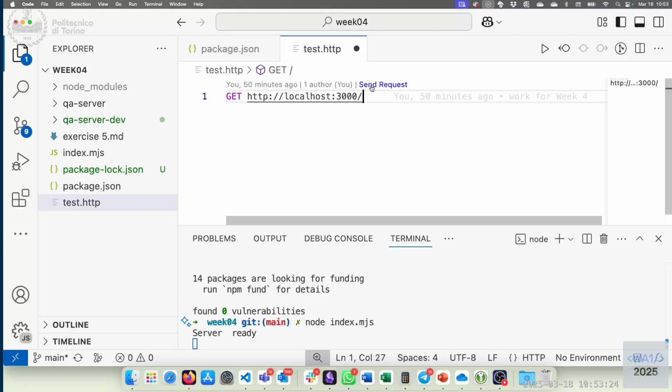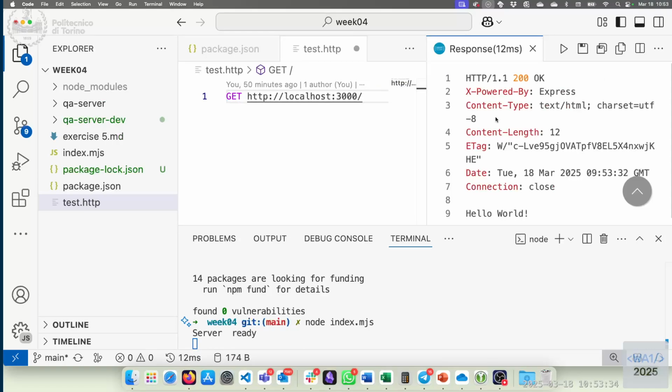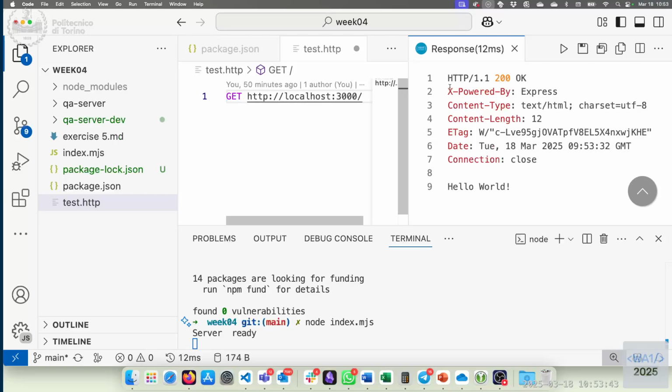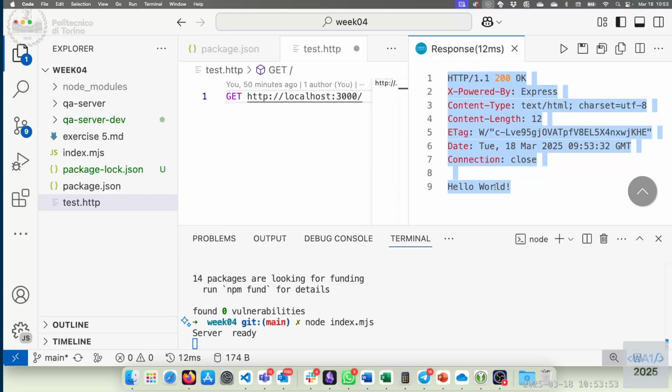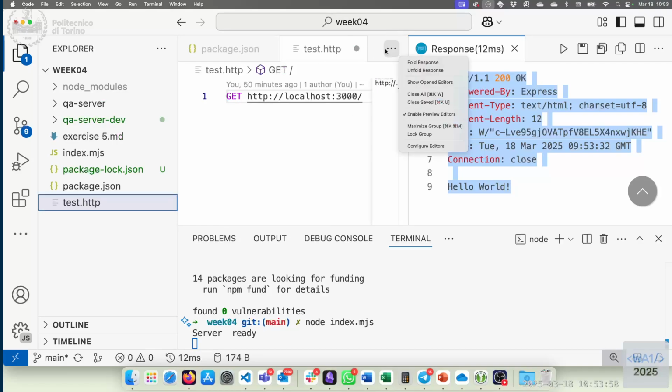So if I click on this send request, the extension will send an HTTP request to this address, and will show me on the side the response that I got from the server. In this case, I got a response with the initial line OK, which is what the send method does. Remember, this text here is the HTTP response that was generated